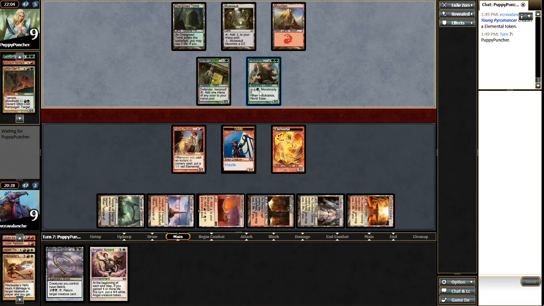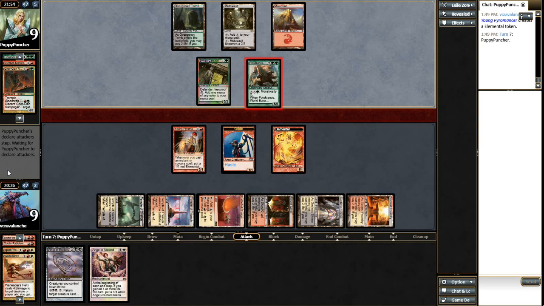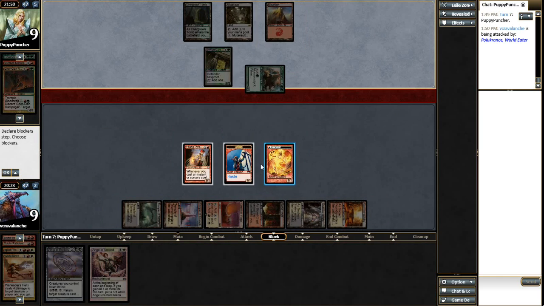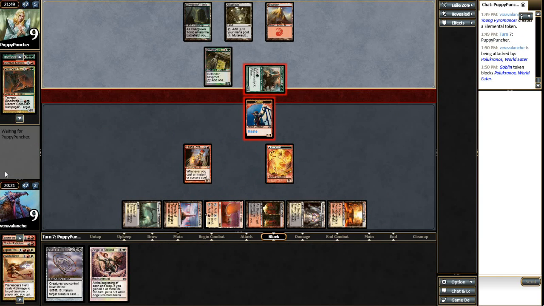But, I mean, this game is totally different if Plukernos didn't come out. Like, I think what he needs to do here is he needs to monstrous Plukernos and kill off the Young Pyromancer. I don't think he can afford to keep Young Pyromancer alive. But if this is the case, then we just go block with a Goblin token. It's a lot less. And we could activate and now kill all of them, but